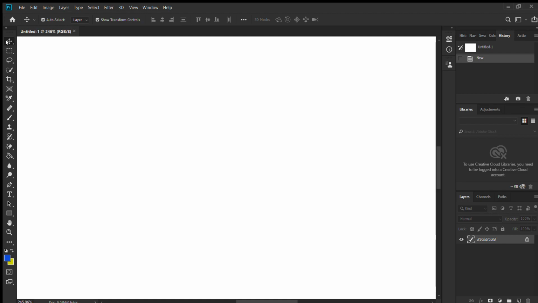First of all, if the marquee tool is selected, then the description of the marquee tool, different types of options of the marquee tool are showing here. If you select the rectangular marquee tool, then the options related to the rectangular marquee tool will display here. After that, if you select the lasso tool, then the lasso tool options are given here.